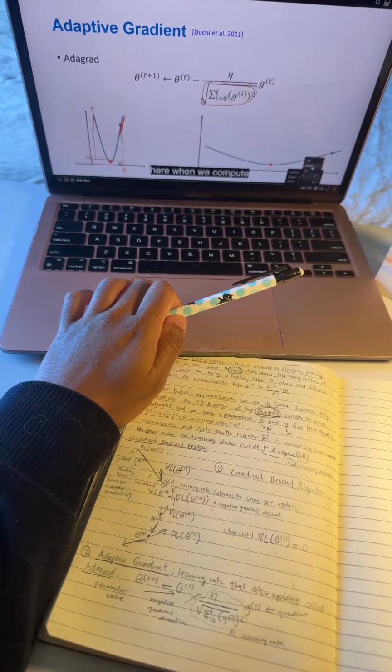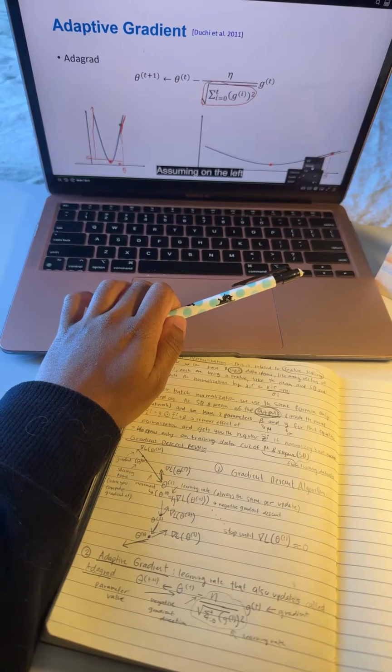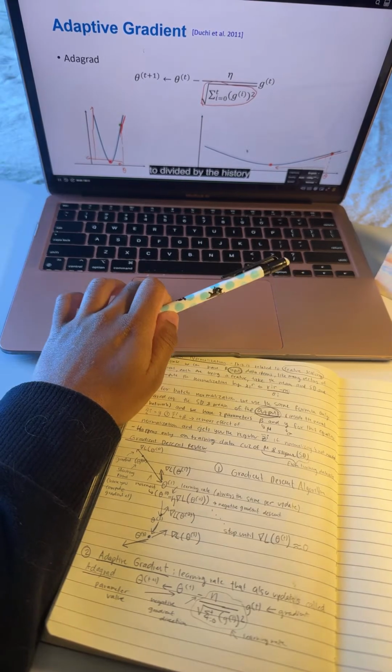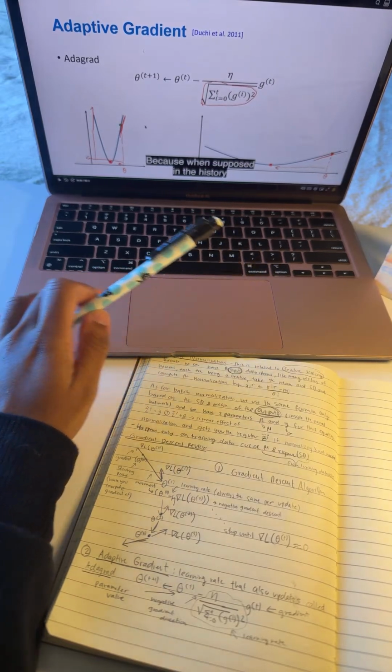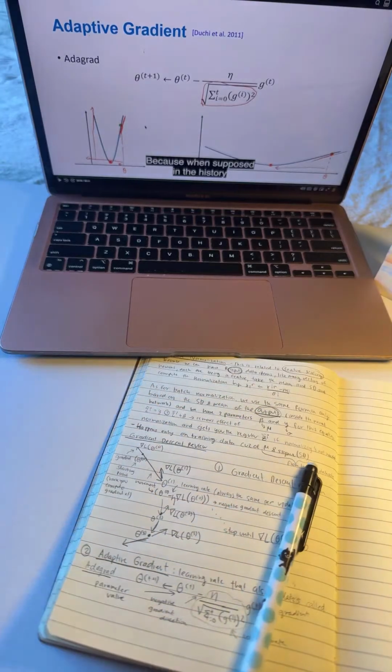And also for here, suppose when we compute the gradient at this parameter value, if you look at the gradient direction, you may find this gradient value is not as steep as the position on the left. If this gradient is smaller, based on the observation, we may want to use a larger learning rate that may help us move faster to the optimal point. So this is why in Adam they want to use the division by the history of the gradient to update, because